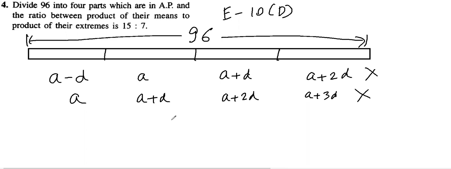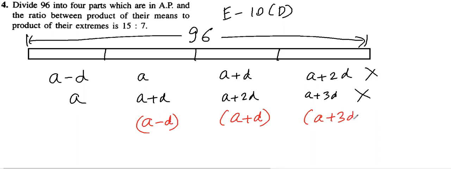Then what should we consider? We should consider this one. This is A minus D, A plus D, here it will be A plus 3D, and here it will be A minus 3D. This is the proper 4 term. Why am I saying this is a proper 4 term? Because minus 3D and plus 3D will get cancelled. Minus D and plus D will get cancelled, and I will get purely 4A. But how to know what term we have to take? That's what I'm explaining to you now.